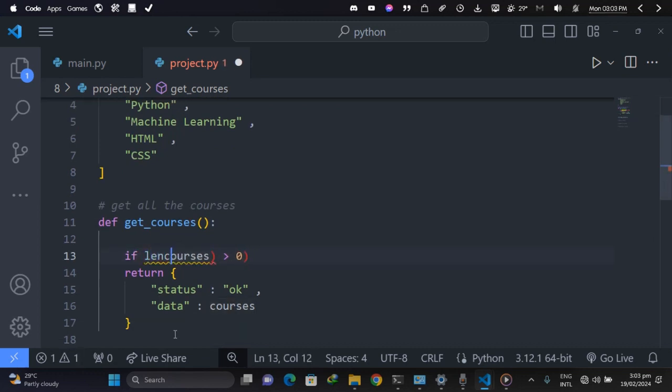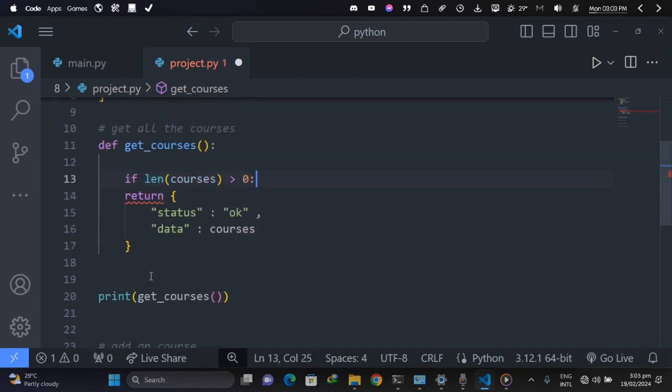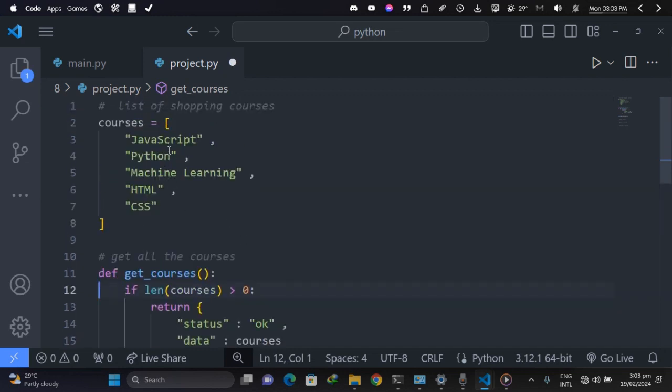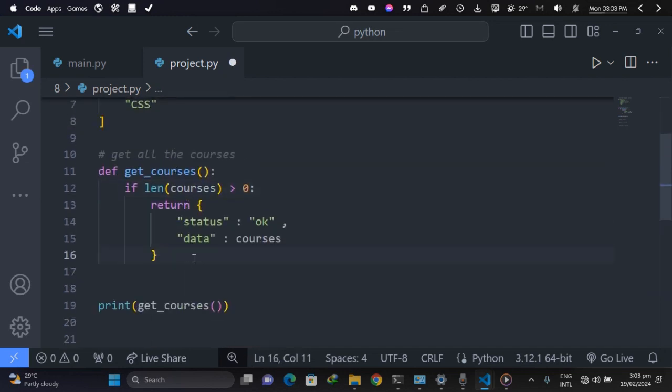So if len, so remove this. Sorry, I think in JavaScript this is how it should be. So if len, okay, remove this, and then we'll have our colon. Now let's indent this. So if the length of the courses is greater than 0, then return this. Else